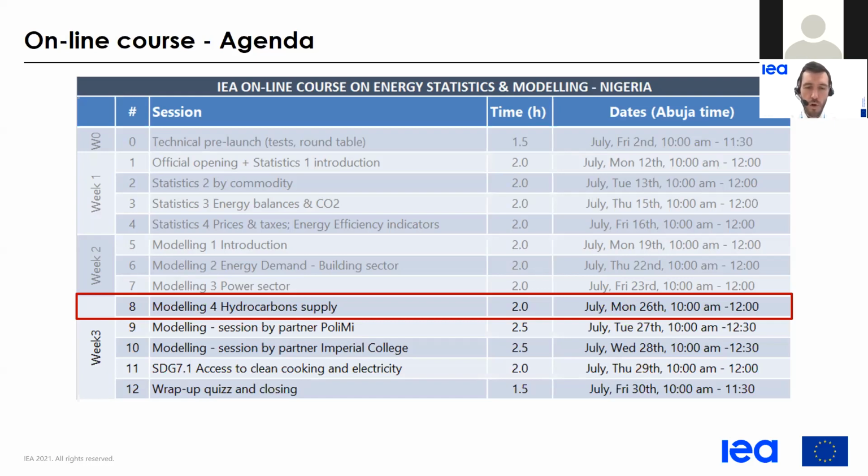Once we have done that for all the end use sectors, we are able to know how much oil products will be needed, for example, how much electricity will be needed, how much fuel input to the power sector will be needed. And we can look at the left part of our energy model and try to see what the primary energy provision needs to be if we want to match this demand. So today we'll discuss this topic and focus on oil and gas.